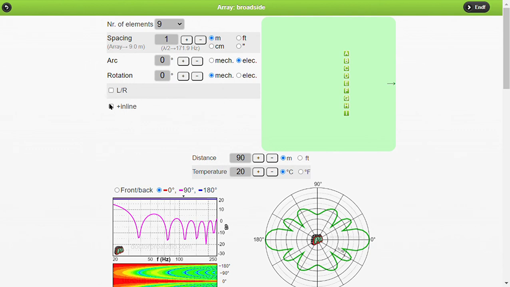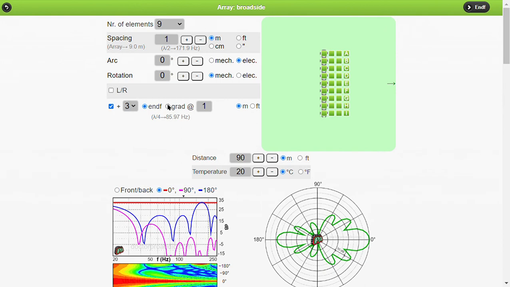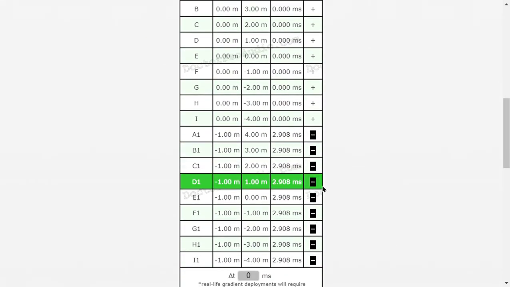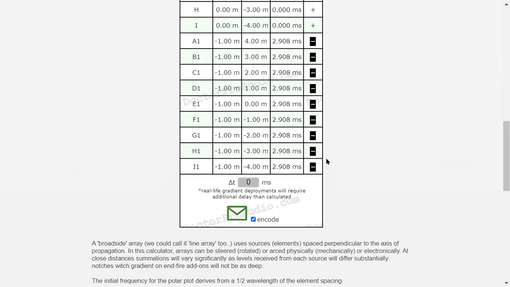Okay, so as well as endfire, you could use gradient, in which case some of the elements will have polarity inversion. Here, this envelope icon will let you email the table to yourself or somebody else for reference, or also for saving to a file.